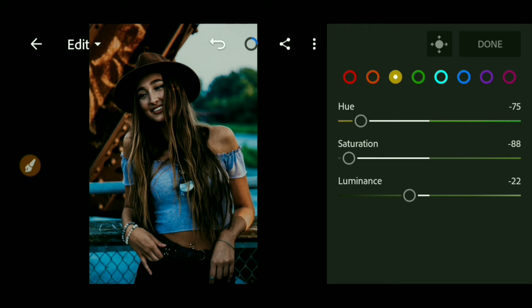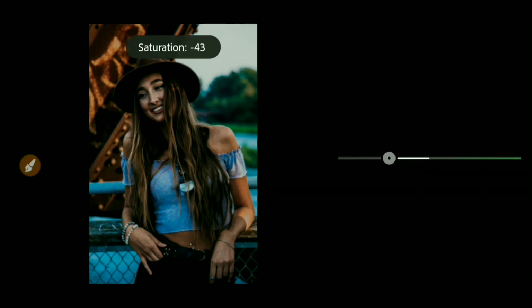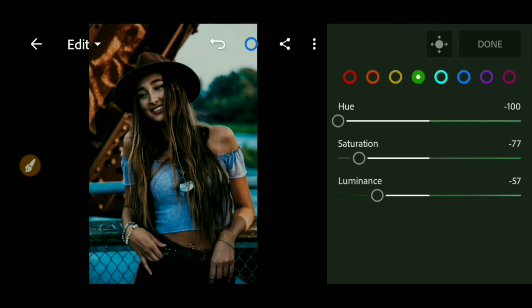Okay, now press the green option and take the hue to -100, then take the saturation to -77. Okay, then take this color and